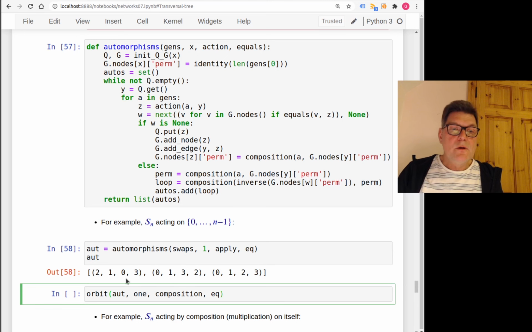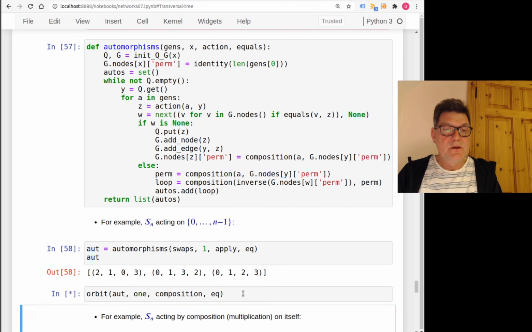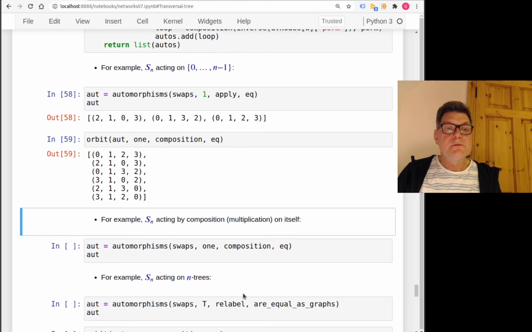But now we can use this list as a list of generators, starting with the identity permutation, using group composition as action, and use our old orbit function to compute the full orbit of the identity under this list of generators. And we find 24,